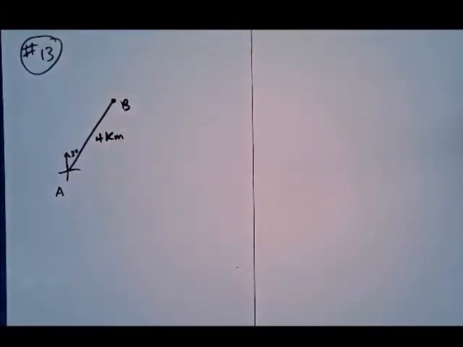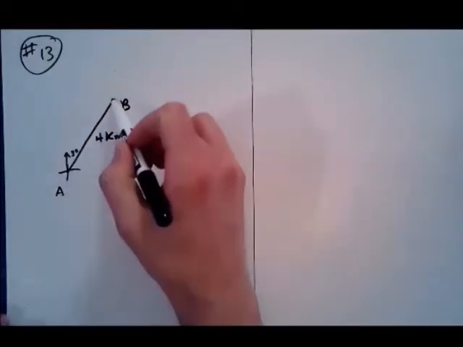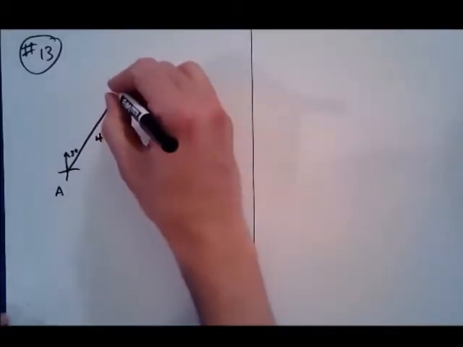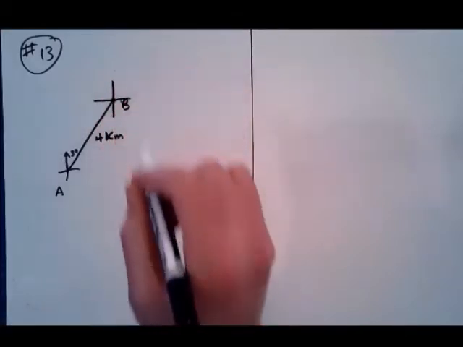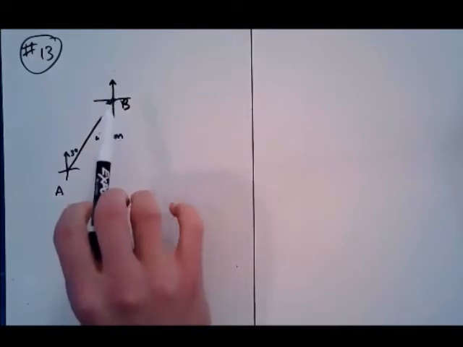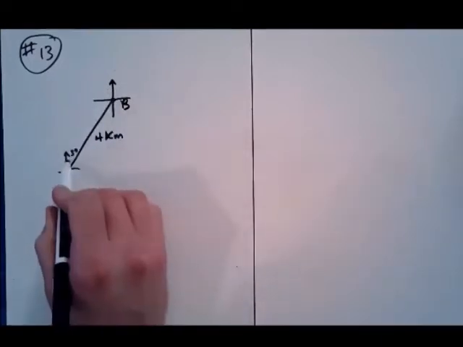All right, next part I know is that the hiker then walks 6 kilometers at a heading of 285 degrees to point C. So he walked from A to B, and now at B he's going to turn and go to C. So the bearing of 285 degrees, wherever you see a bearing or a heading, you're going to draw in this. Off of true north, I go clockwise. So whereas 30 degrees was just right here, nice and easy,